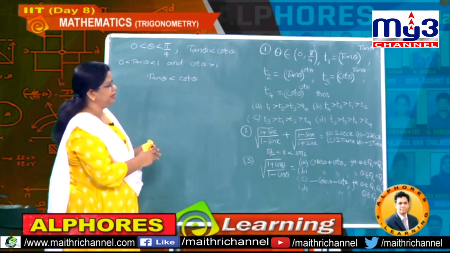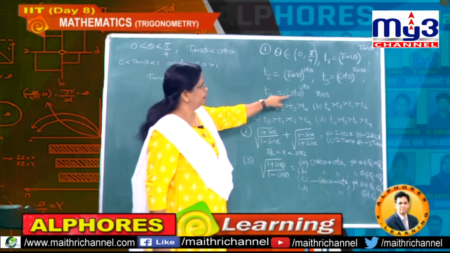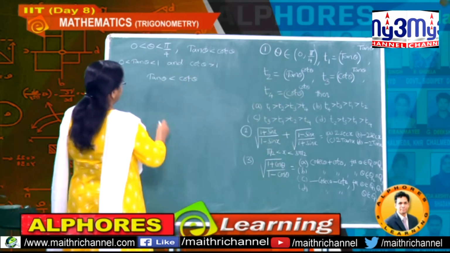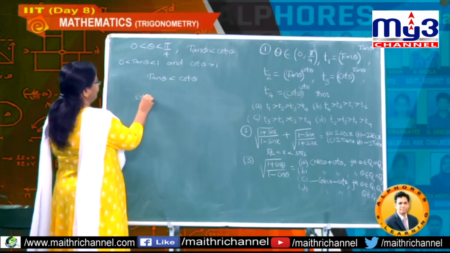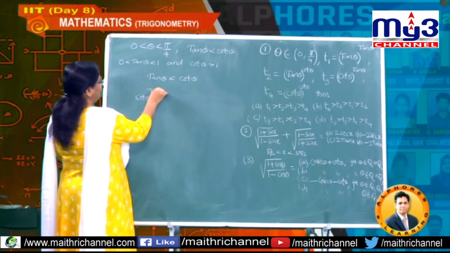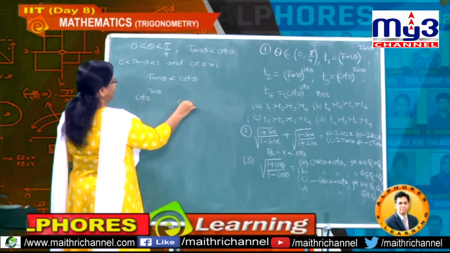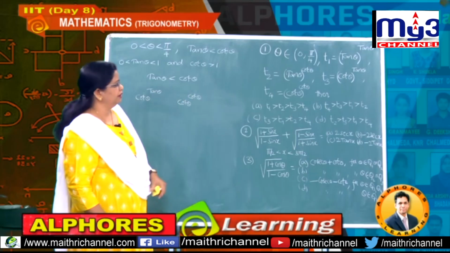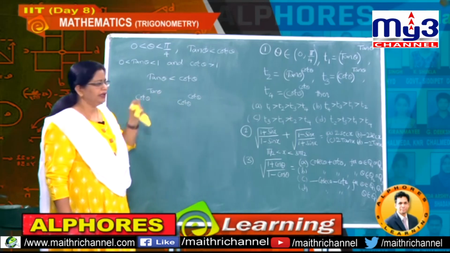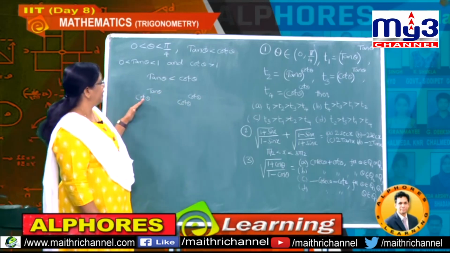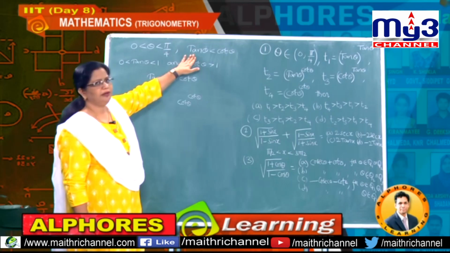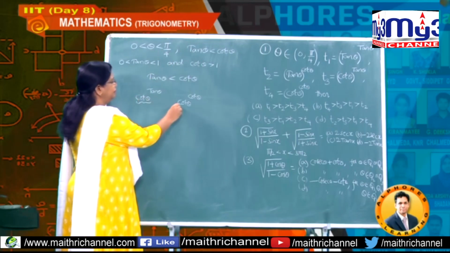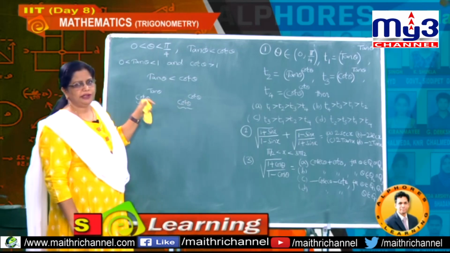And now to this you have to take the base value as how much? Cot. Cot base I am taking, that is cot theta to the power of tan theta, and here also cot theta to the power of cot theta. Okay, students. Now which inequality do I have to write? What I have done here is, this is the known inequality from the data, and to that data we have taken the base value as cot and cot.